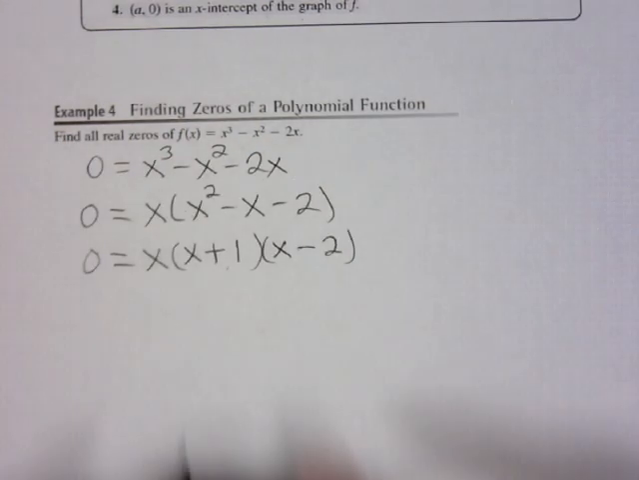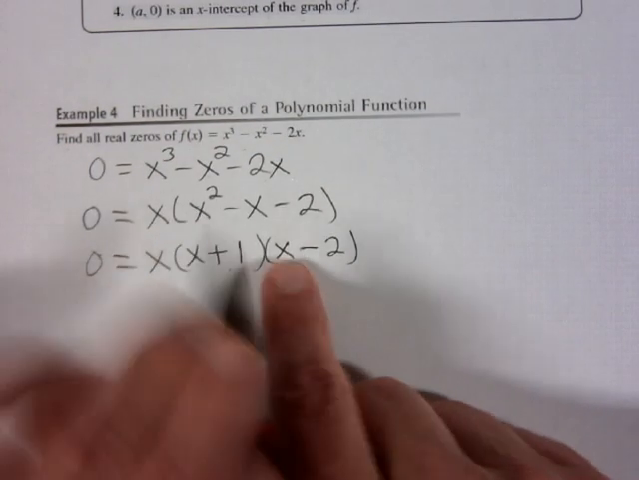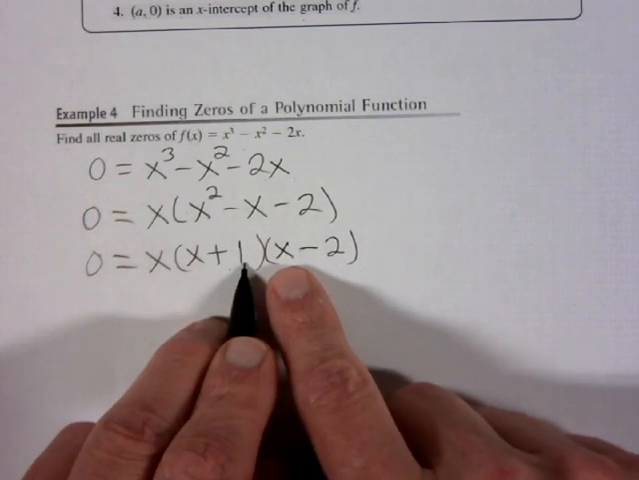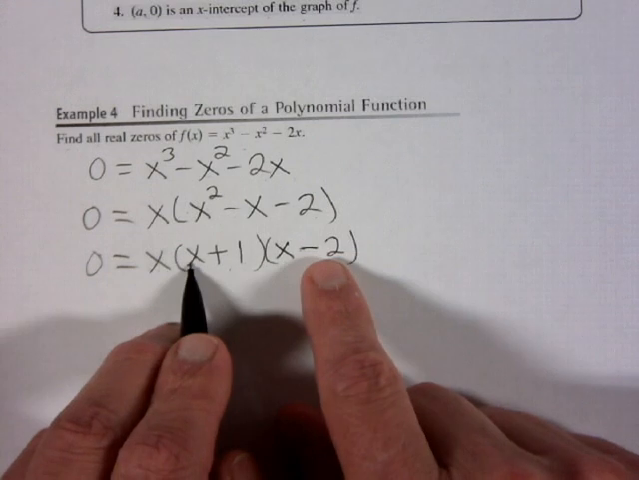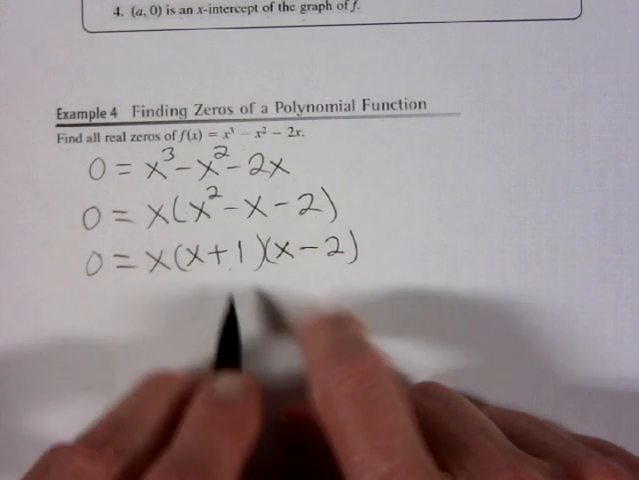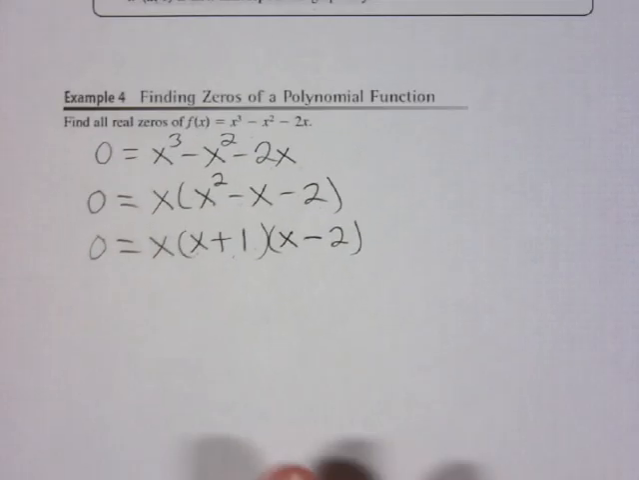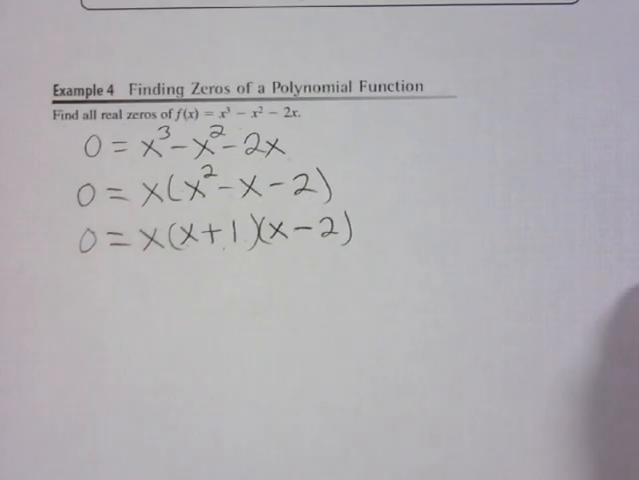And if you wanted to double check it, x times x, x squared. 1 times negative 2 is negative 2. But 1 times x combined with negative 2 times x makes negative x in the middle. So x minus 2x is negative x in the middle, and we've done it correctly. All right? So now, once you have it factored to this point,